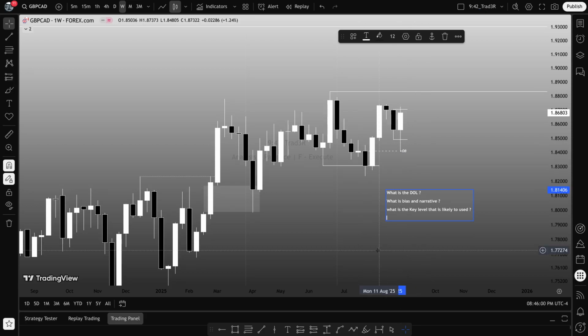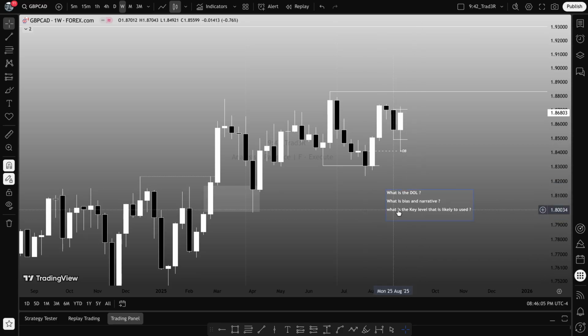So after I have provided answers to these questions: what is the drawn liquidity, what is the bias and narrative, what is the key level price is likely to use, then I can go to the lower time frame to frame a trade idea using time and price in the direction of the higher time frame drawn liquidity and bias. So right here we can see the previous week was a